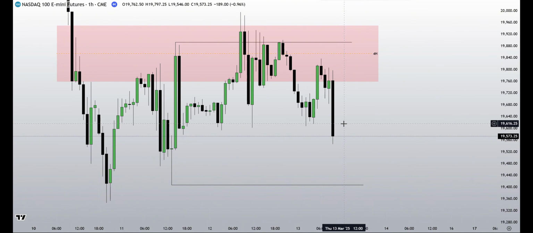What do I want to see? On the 15-minute, I want to see price jump into a premium so I can catch an optimal short in this direction to this draw. I don't necessarily need to target this draw. I could if it's reasonable, but I want to take a trade in that direction because the order flow is clearly bearish. So I want to see price either sweep a high on the 15-minute, dig into a bearish gap on the 15-minute, one of those two things,